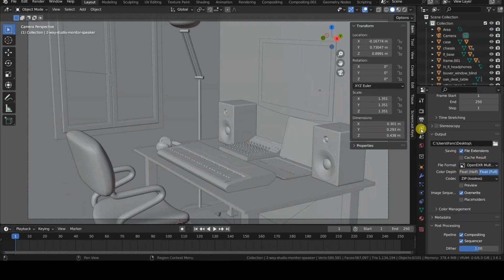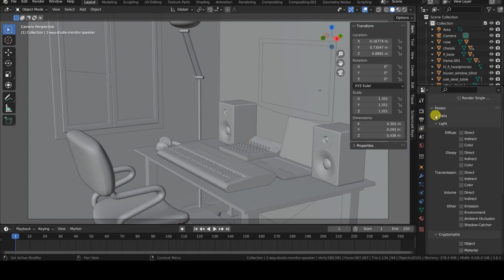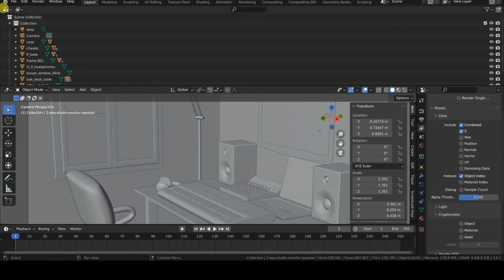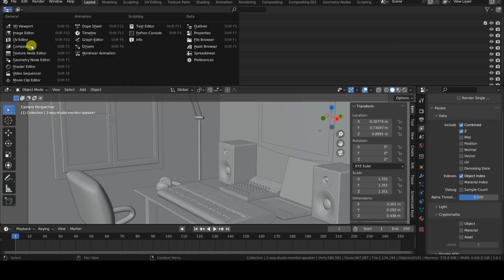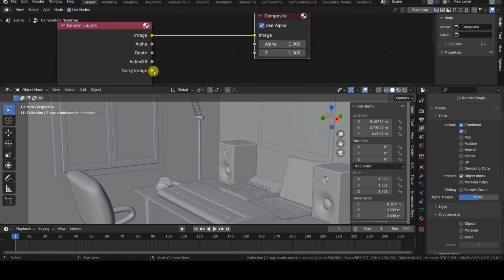Before starting the rendering of the scene, I need to select the render passes I want to save to file in the Passes section of the View Layer tab within the Properties editor. In my case, I'm selecting only the object index because I want to be able to isolate certain objects based on a numeric identifier I will assign to them shortly. In the Render Layers node, the IndexOB field will appear, which is how the object index pass is referred to here. Note that there's no need to connect this information in any way to the Composite node.